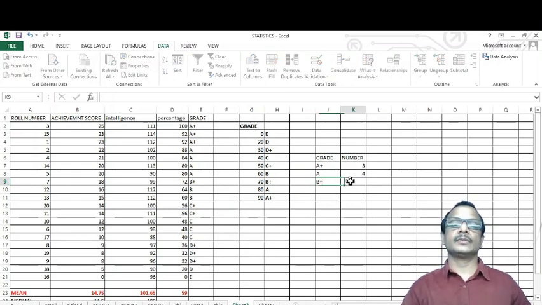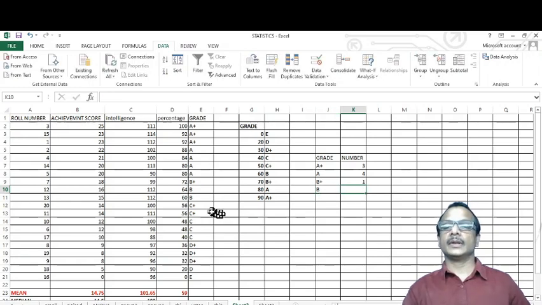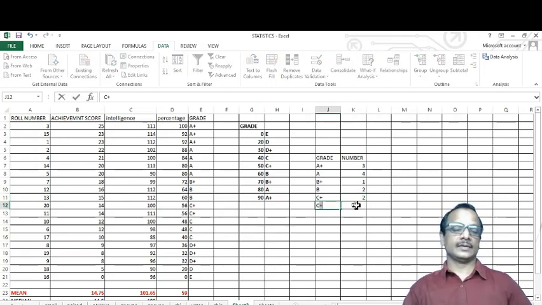Regarding B plus there is only one value, and next is B. Regarding B there are two numbers. Then C plus. Regarding C plus there are 2 members. Then C. Regarding C there are 1, 2, 3 members.